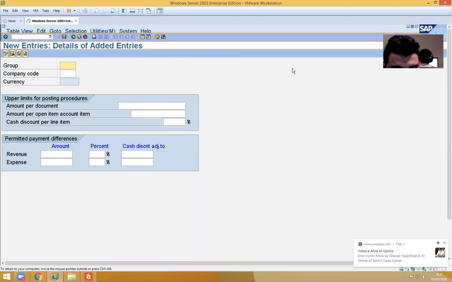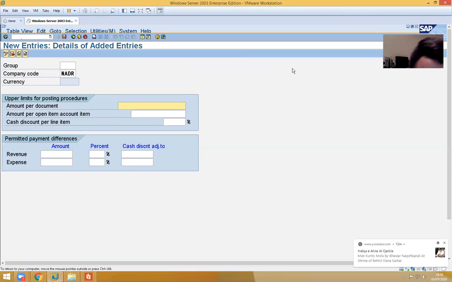Okay. So this is group again for employees, tolerance for users. Users means employees. End users. Who are end users? Company employees, accountants, the finance team, accounts team. Group again leave it blank. Company code NADR. Amount per document. Document means what? Any invoice, any document. So an employee can enter these many digits.